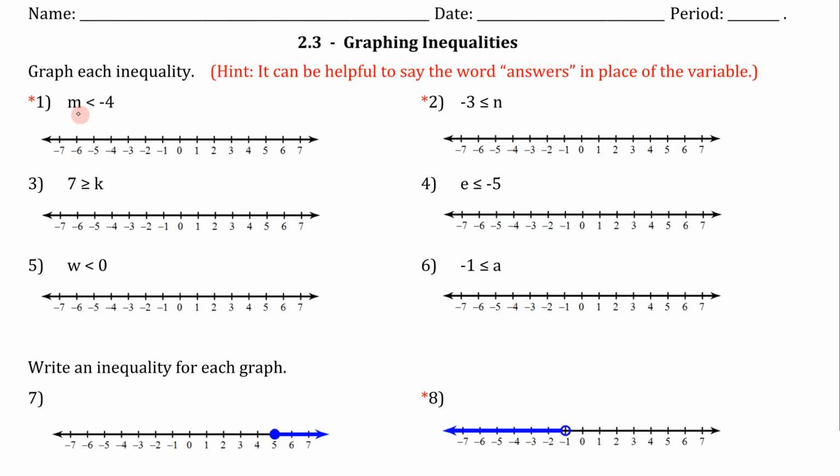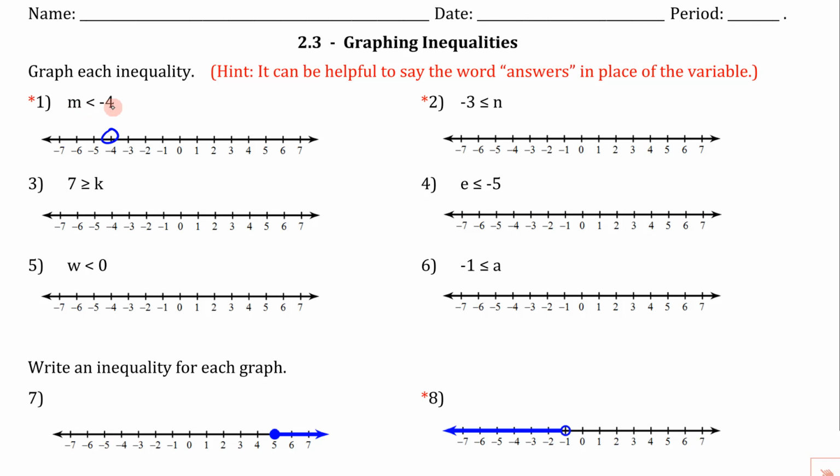So let's take a look at this one right here. M is less than -4. So here's what we're going to do. The most important number on this number line is -4. So I'm going to put a circle around -4. Okay? And then we want to know which direction we're going to shade. Now I've got a little hint right here. Sometimes it's helpful to say the word answers in place of the variable. So if we read this and we say m is less than -4, this would be the answers are less